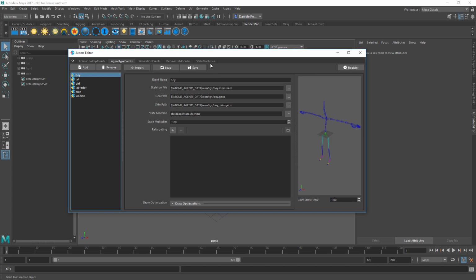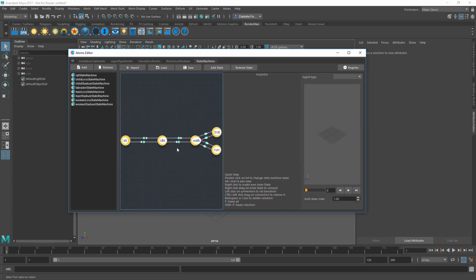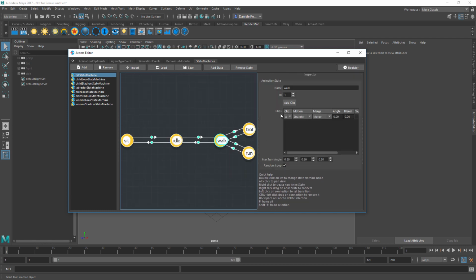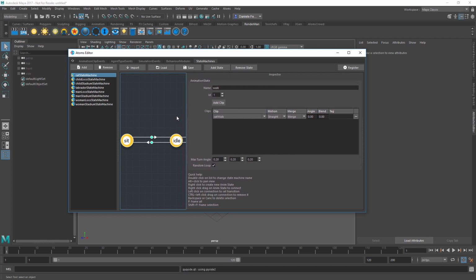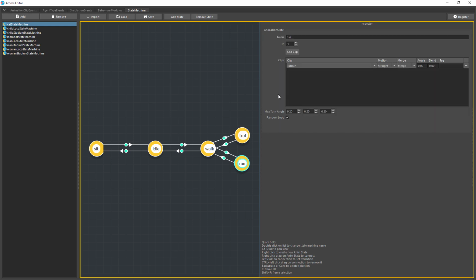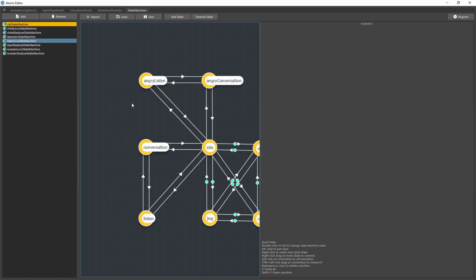State machine wise, we have already set up some state machines for you. So as you can see here, this is the cat state machine. We have an idle state, walk state. Let me make this bigger, and then we have run with just one run clip. Trot is the same, but then for the idle, we have two idle clips, and for the sit we have a few. Same thing for the Labrador, while for the child, man, and so on,